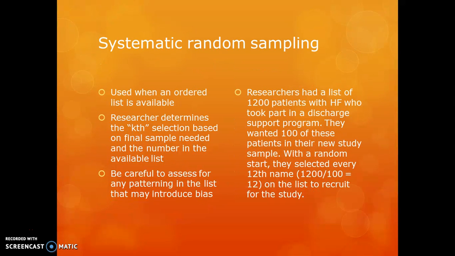Systematic random sampling, you use it when there's an ordered list, and the researcher determines what they call the kth selection. It's based on the final sample. You have to be careful if there's any patterning in the list that might introduce a bias. Let's say